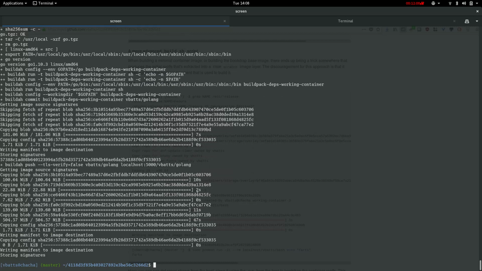RPMs, or they might compose RPMs or Debian packages. They might be using something like the Yocto Project for embedded to build minimal file systems, just enough to bootstrap. There is any number of these image factories, but if you dig into where the ultimate images, like from Fedora or from Ubuntu, are coming from,